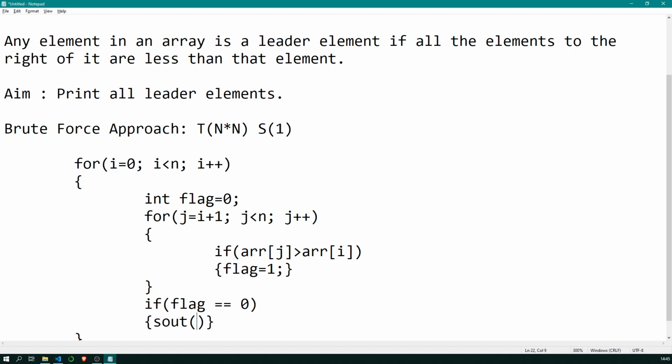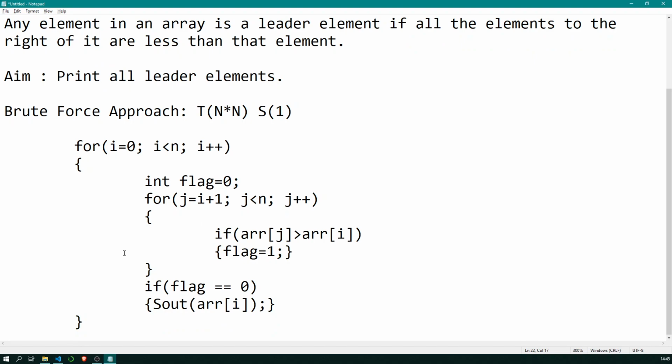So print out ARR of I. So as simple as that. So it's a brute force approach, correct?